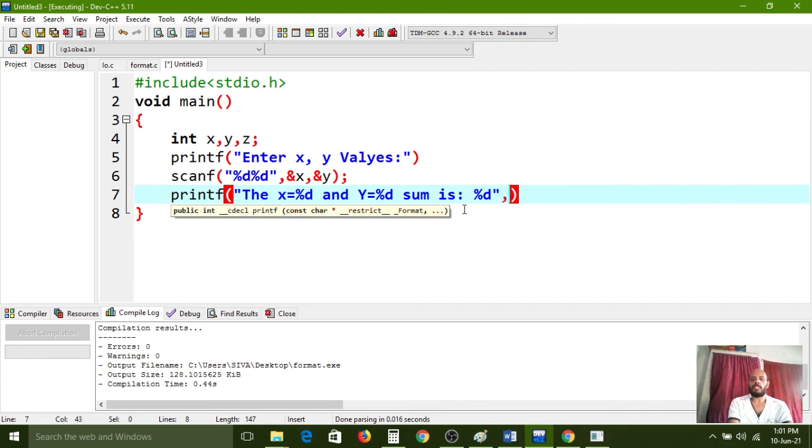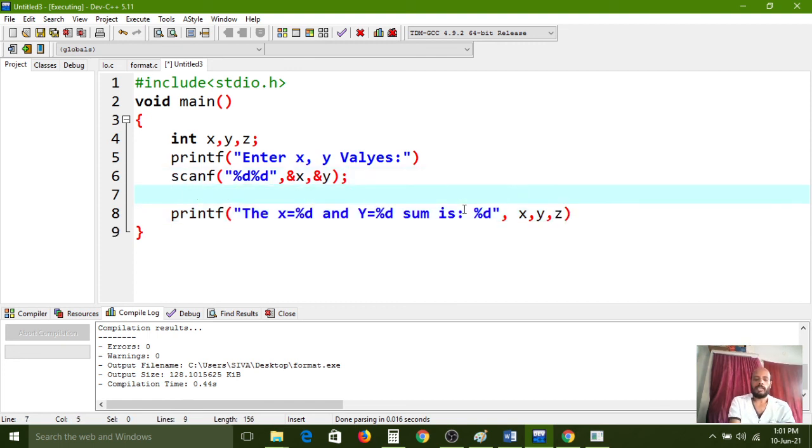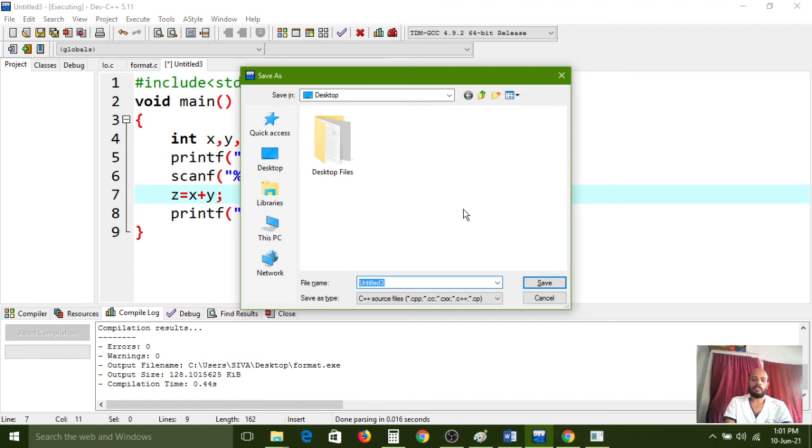How many format specifiers have we used here? Three. x comma y comma z we have to use. Here z equals x plus y. Carefully observe. Save 3.c, save as type all files.